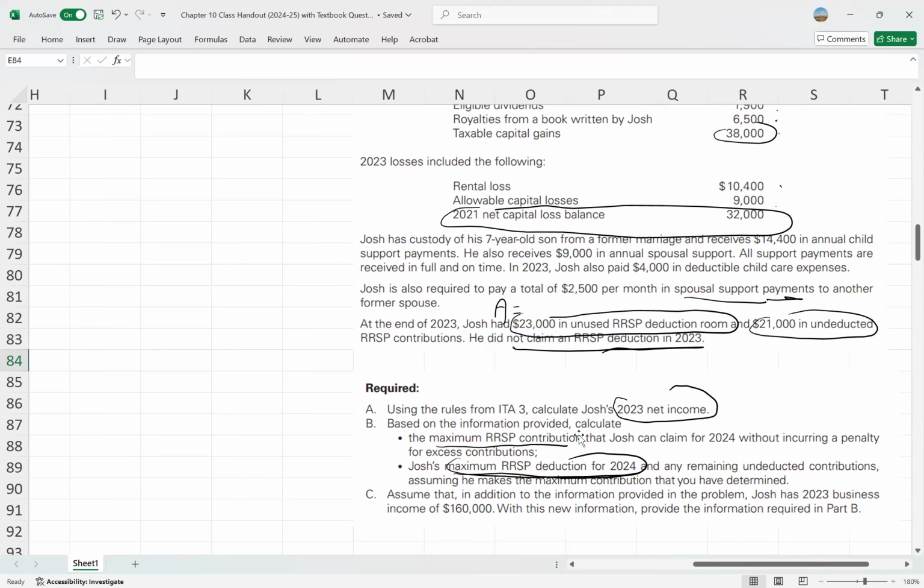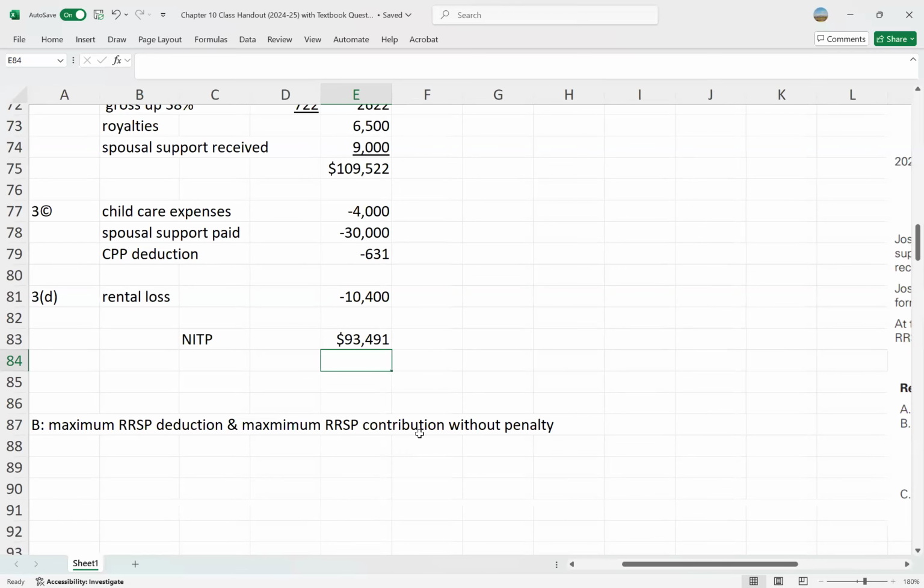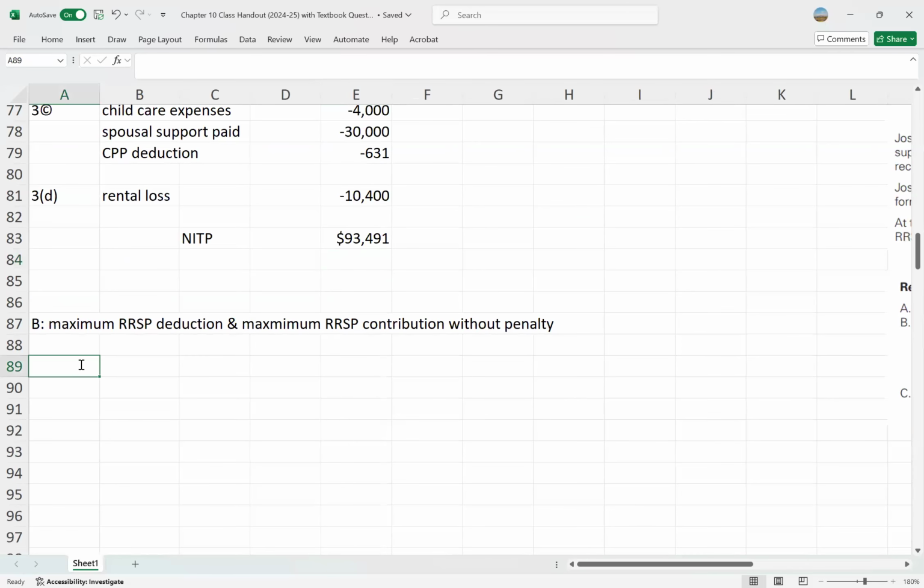Remember, the A amount is 23,000, but he also has undeducted contributions of 21,000. So let's go to part B here and set this up. We know that the A amount is going to be 23,000, but he also has 21,000 in undeducted contributions that carried over to this year as well. Then we get into the B amount. B is equal to the lesser of 1, the set amount,